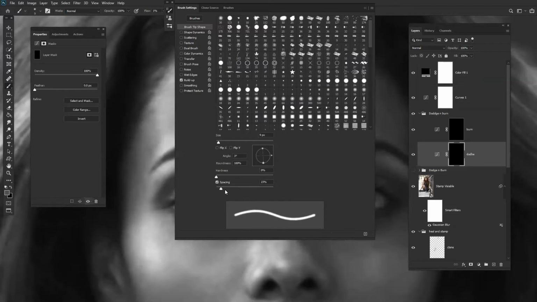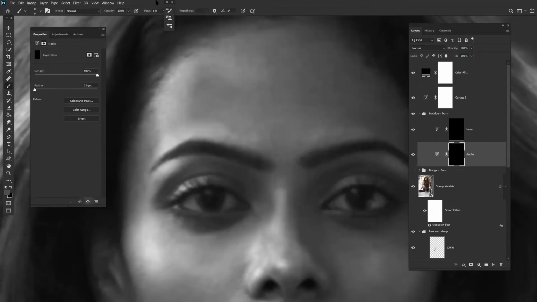If we increase the spacing, there will be a breakage in the flow of the brush. So always keep it between 25 to 30. It's best, let's use 25, which is a good amount, and will give you a very even area to do dodge and burn. Now the next part is, let's start off with the dodge and burn. We will first try to fix this area.